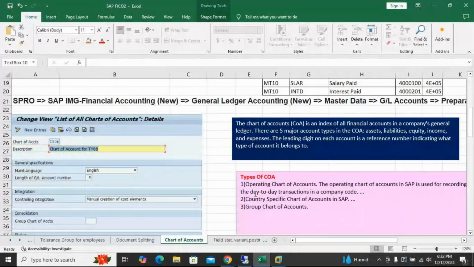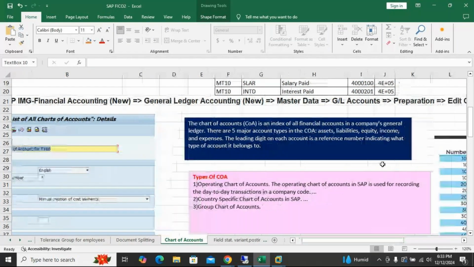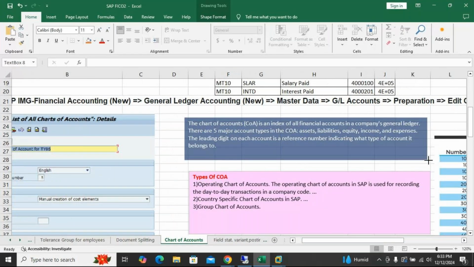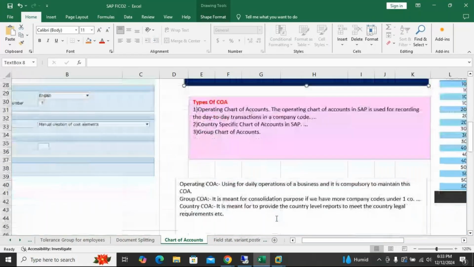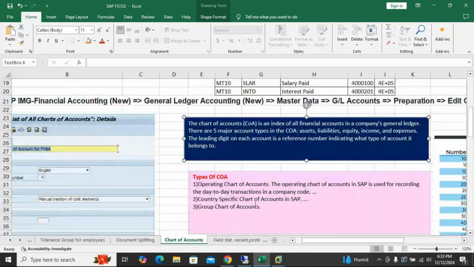Chart of accounts is an index of all financial accounts in a company's general ledger. There are 5 major account types: assets, liability, equity, income and expenses. Equity means capital equity, we can include that also. This point you can also note down. This is a very important point in today's chapter, so please write this, and you can explain the types here.